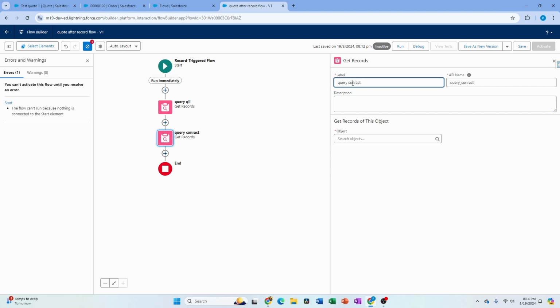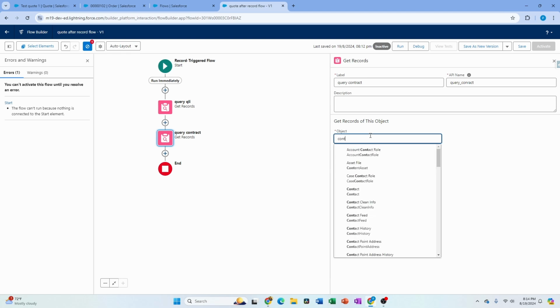And for this example, I'm actually assuming that I'm also going to create the order from this flow. Your scenario might be different. You may or may not need to create order. Your requirement might be that you want to create the order line items once the order is added. I am assuming that the moment the quote is approved, you want to create order and order line items both using this flow. So I'm going to query contract here,